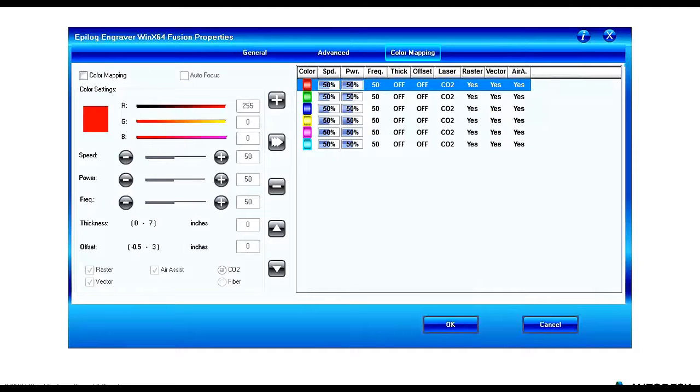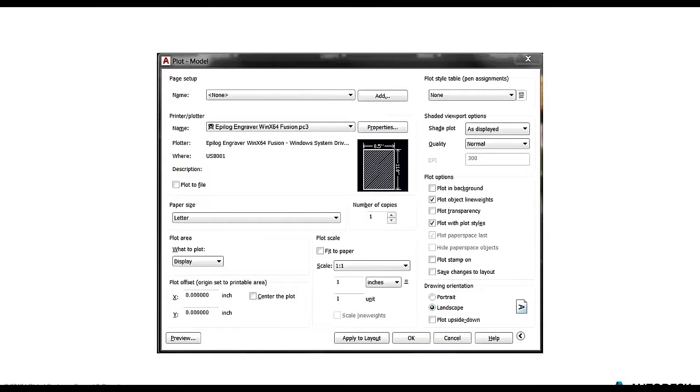So once we've figured out everything we want in terms of speed, power, frequency, and our color mapping, we would OK out of this, and then come back to our CAD environment that we're very familiar with. Now,